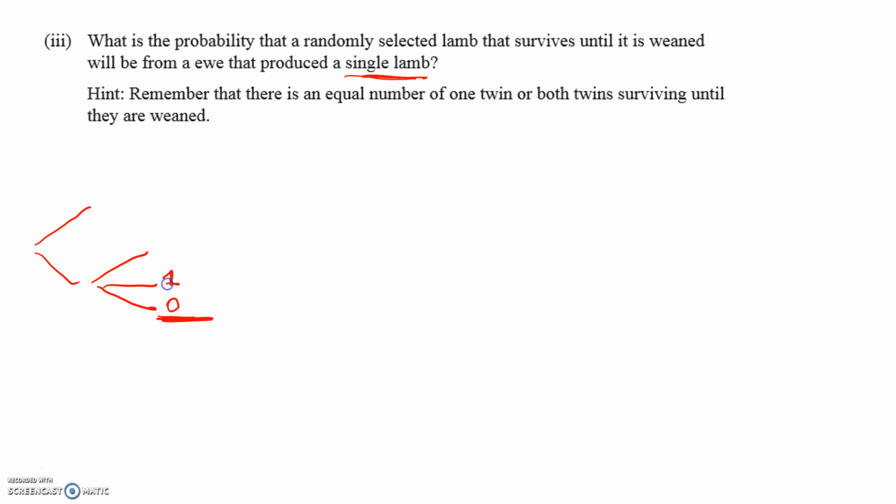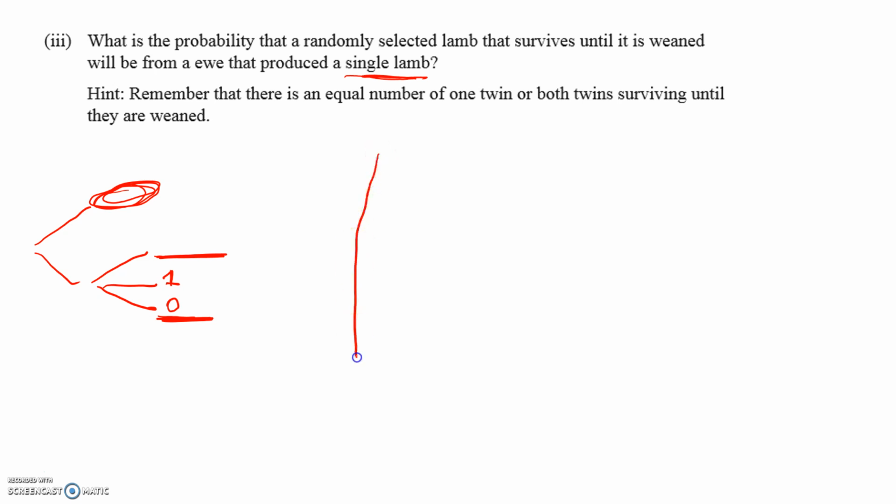Here we've got 1, but here we've got 2 lambs surviving. So that's the tricky thing, I think, in this question. We've got to figure out of the lambs that survive, how many came from ewes that had a single lamb up here. So I think a better way to do this is to do a table, and let's think about